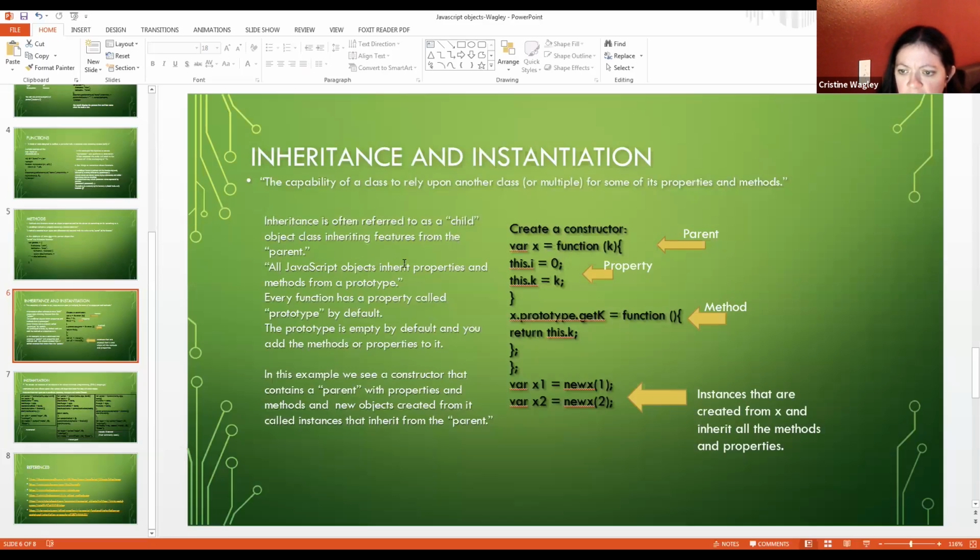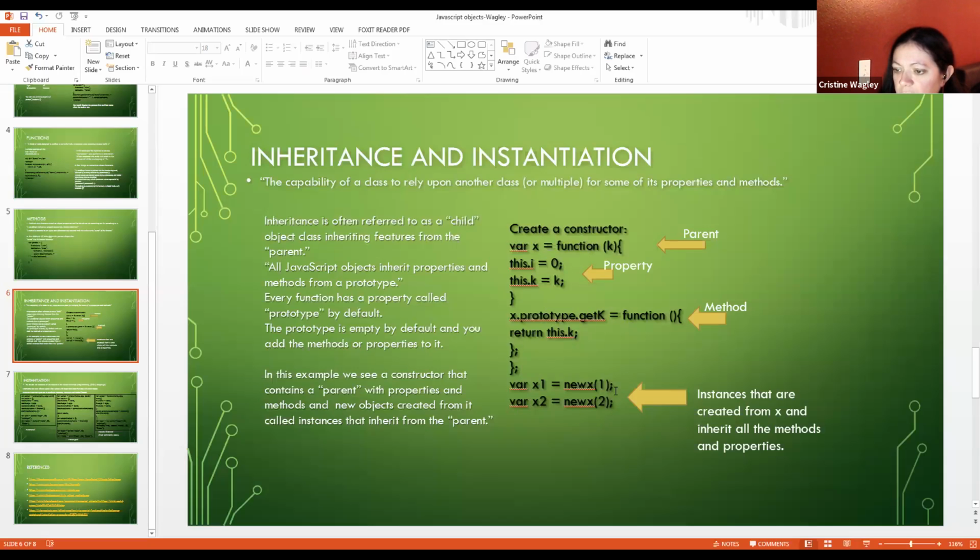All JavaScript objects inherit properties and methods from a prototype. The prototype is in there by default, and you can add methods or properties to it. So these are just the different parts in here. You see we have the constructor, which would be our first object, basically, and we add the properties to it. And then we have a method to return, and down here is where we have instances.